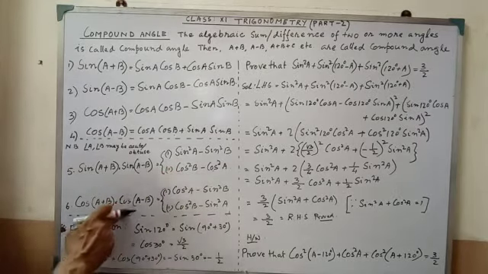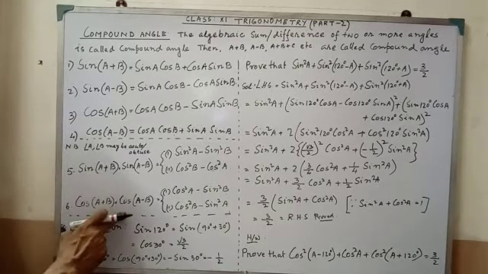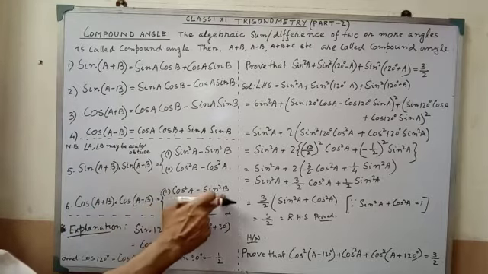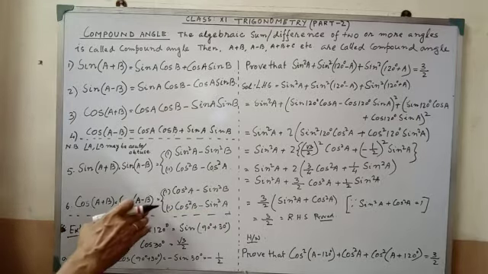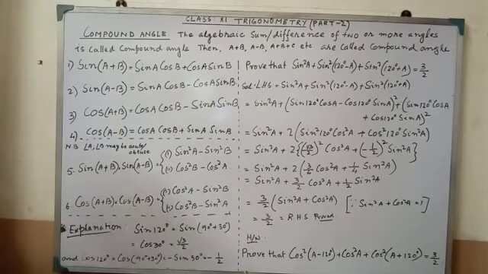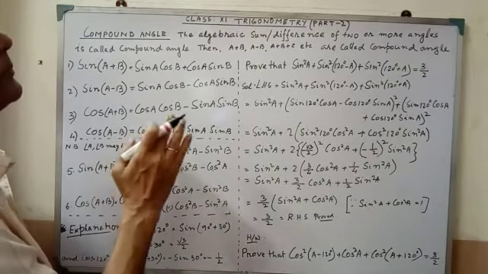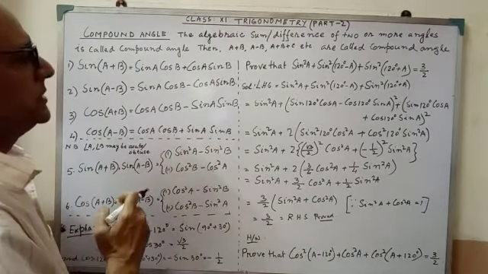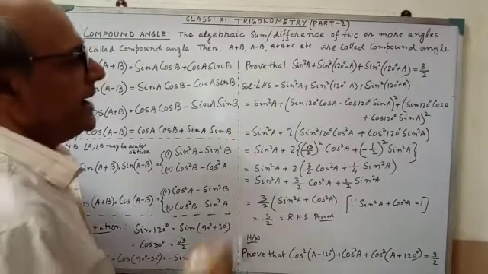And another, by combining cos(A plus B) and cos(A minus B), we are getting this. There are also two forms, that is cos square A minus sin square B, and cos square B minus sin square A. Same thing, which form depends on the problem. On these theorems there are problems. How the problems will be solved on the basis of this, for that I am showing one solution. Listen attentively.